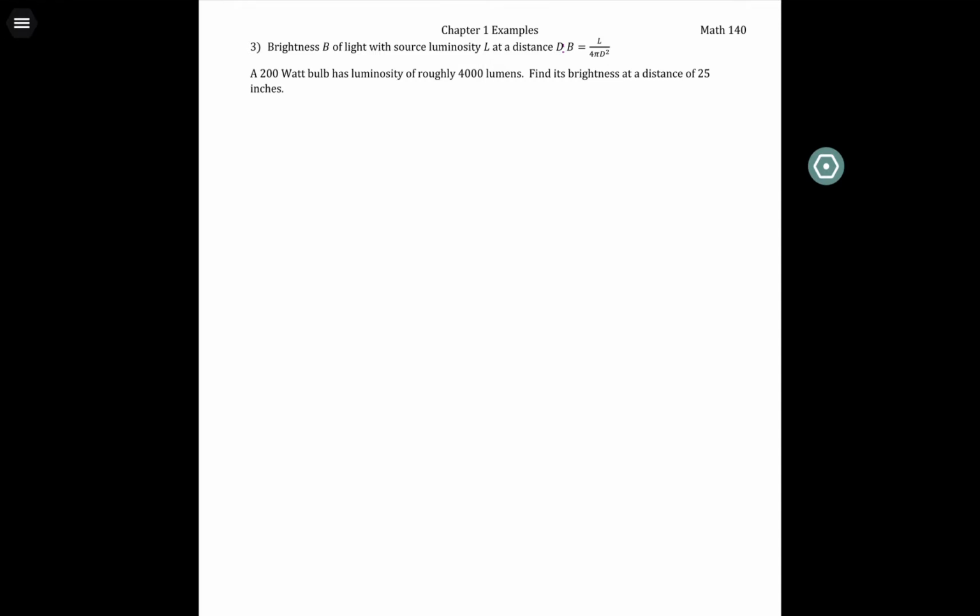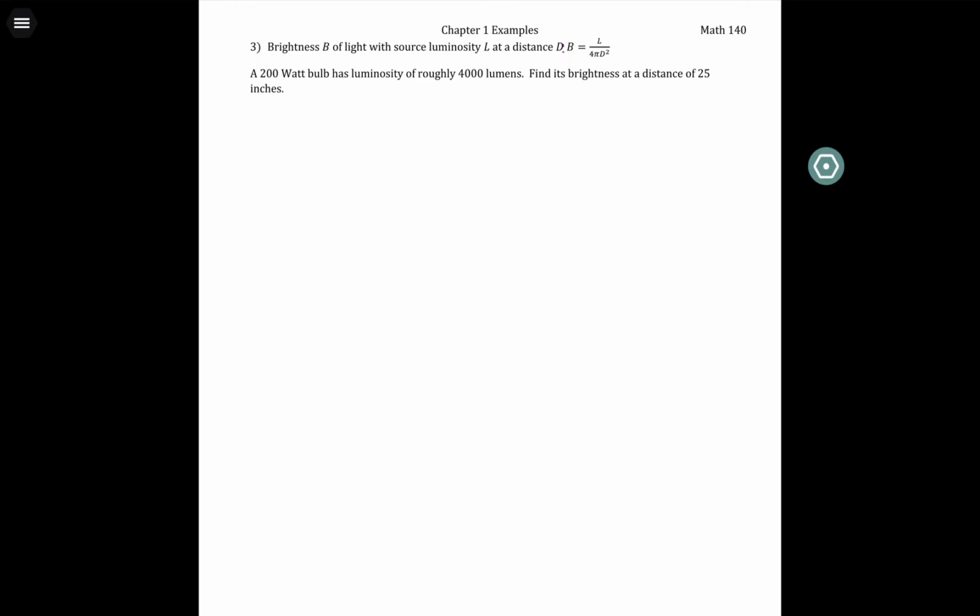All right, one more example for 1.0.2, and again, I have a little bit of a point to this one other than just plugging in, which you're probably not going to be too freaked out by. What I want to say here is that we're going to plug in numbers, they have units attached, we want to work with them. It is not expected that you are any sort of expert on brightness or luminosity or distance. I am not. My take on it is, in a math class, you should be able to manipulate these, come up with the correct final answer, and maybe that'll even give you some insight into what's going on in